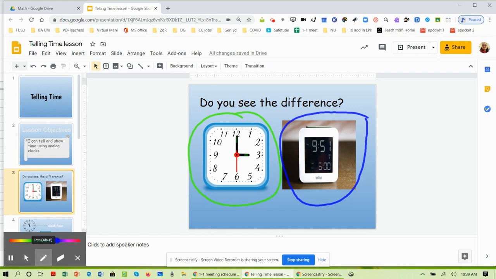So this is analog and this is digital. Digital because it shows numbers. Okay, now for the next slide,